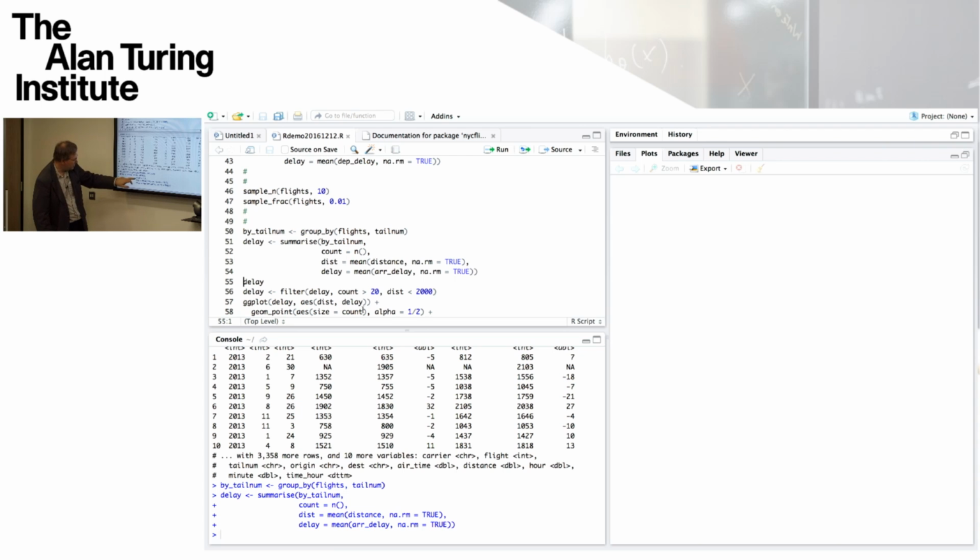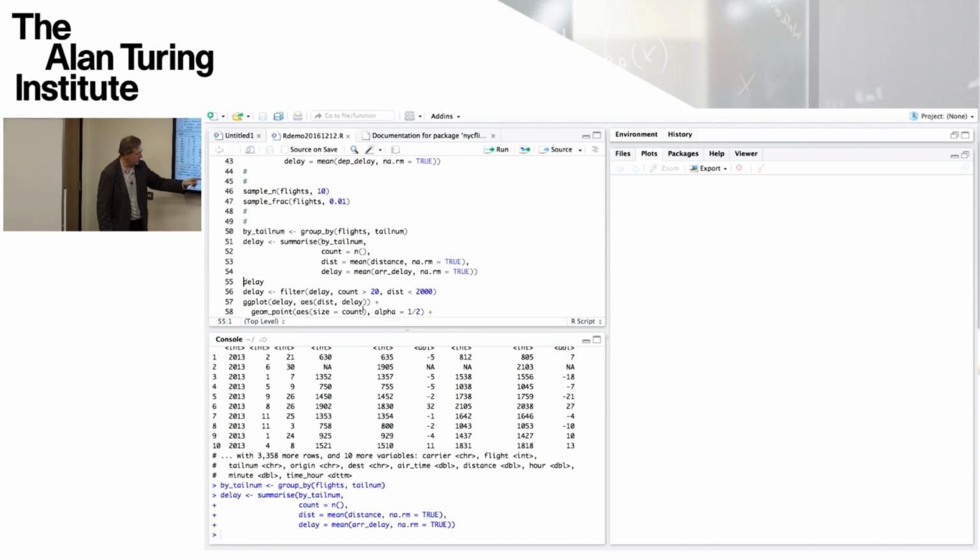Dist and delay are just the mean of the distance and the arrival delay for the flights grouped by aircraft. And count, on the right-hand side, is n brackets like this. So n is a convenience function that just says how many there are in that group. You don't have to do anything more clever to find out how many rows there are per group. You can just call the n function and it finds it for you.